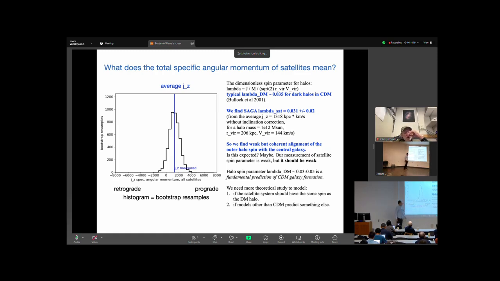I don't think it's incredibly well studied what you expect to find from measuring dwarf satellites this way. I think that 20 years ago, cosmological simulations were probably not at the point where you could believe the dwarf satellite formation and go and measure this thing. I think that probably they are now, at least, because you're talking about things that are not incredibly influenced by interaction with the central. So I think people should be going out and asking what in fact you find if you look at a simulation. Of course, we are going to look at that. So we do need more theoretical study to model if the satellite system should be a fair measurement of the spin of the dark matter halo.